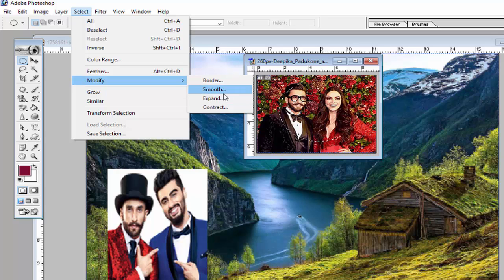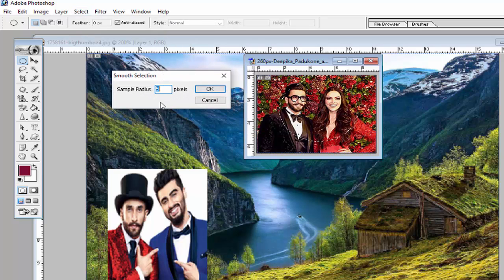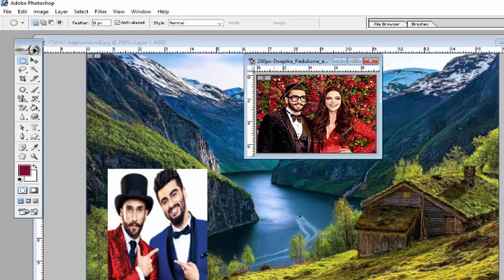And if you want to make your selection smooth, use this option Smooth, click on this option and enter a value here like 5 or 15. I just enter 15, then click OK, and then it will make your selection smooth. Means if there are any edges which are not properly selected by you, it will select all the parts of your image smoothly.